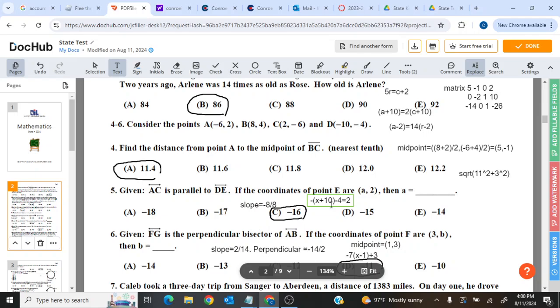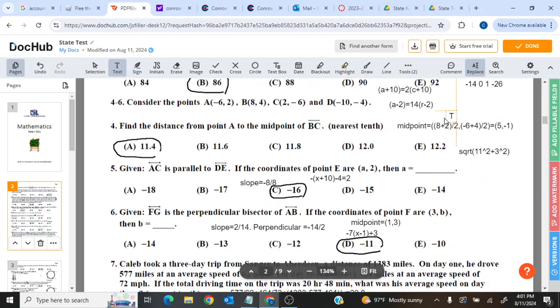Given FG is a perpendicular bisector of AB, and the coordinates of point F are (3, B), what is B? Well, perpendicular bisector means you flip the slope and make it negative. The slope of AB is 2 over 14, an increase of 2 in y and an increase of 14 in x. So your perpendicular slope is negative 7. Put in the point for